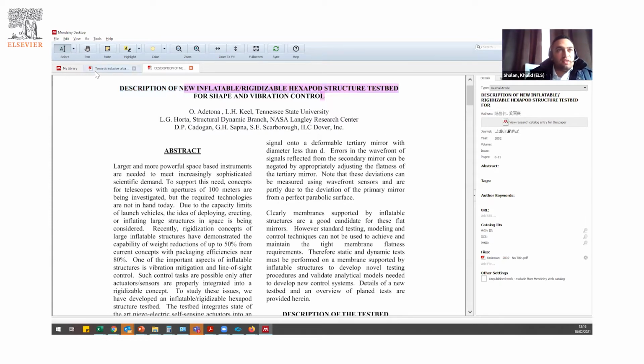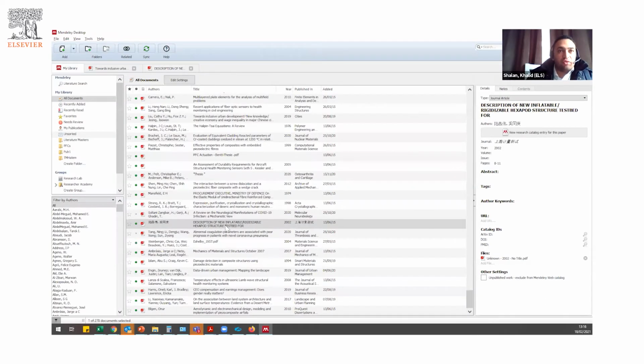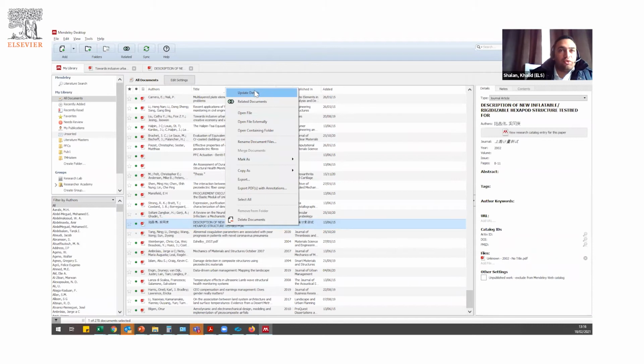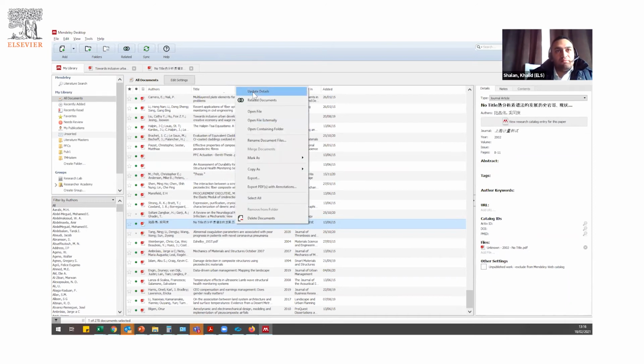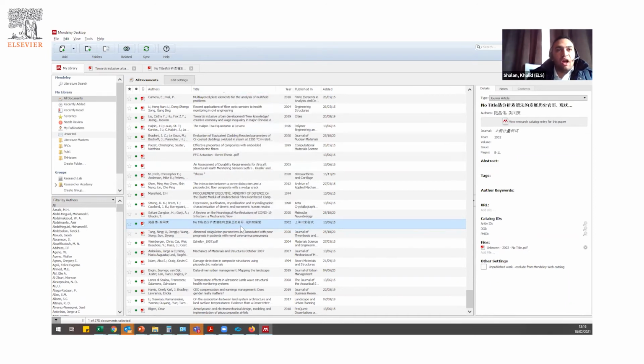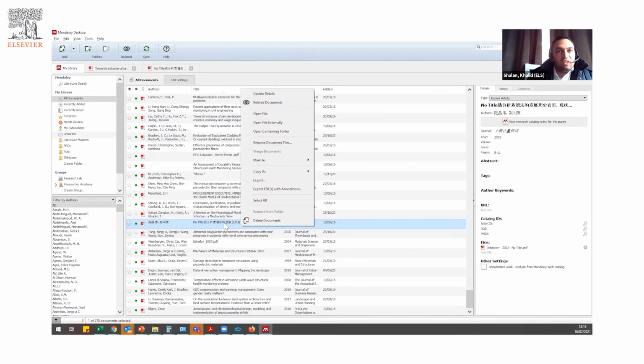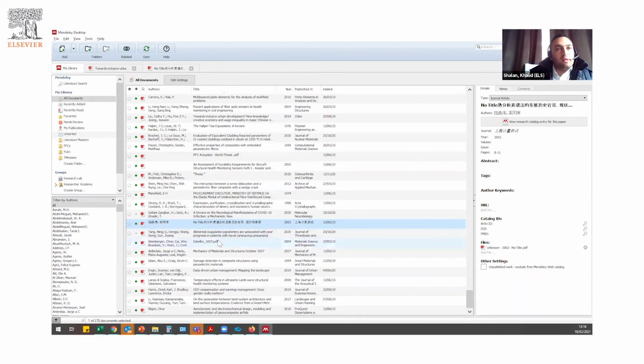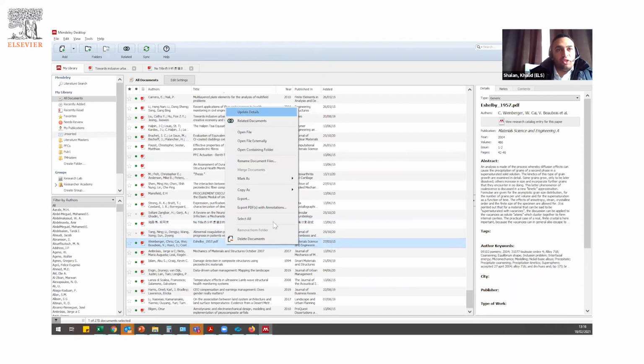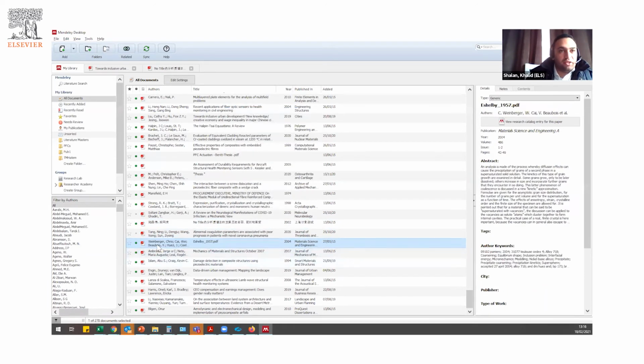In some cases, Mendeley is able to do that correction on your behalf. So I could right click here and ask Mendeley to update the details for this record. If I right click here, it wasn't able to find out which paper this was because it had no data at all. But in many other cases where the data is not complete, for example for this one, if I right click, it actually corrected the data here. If I press Control Z,